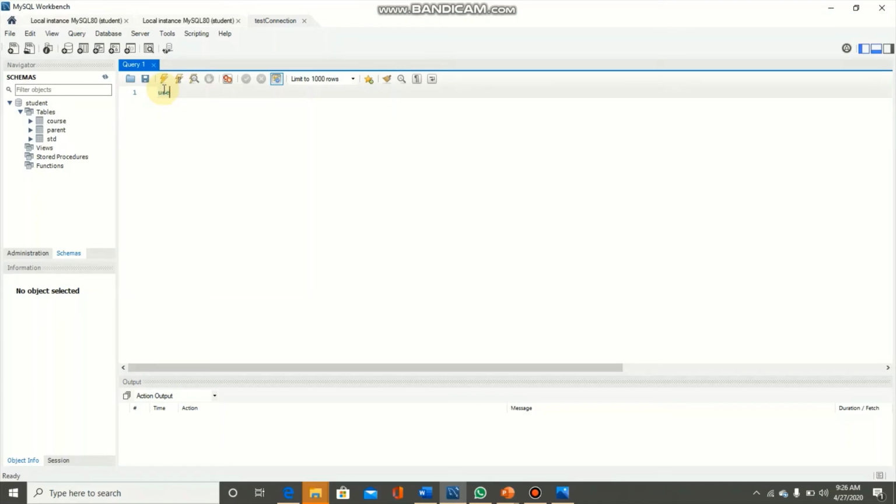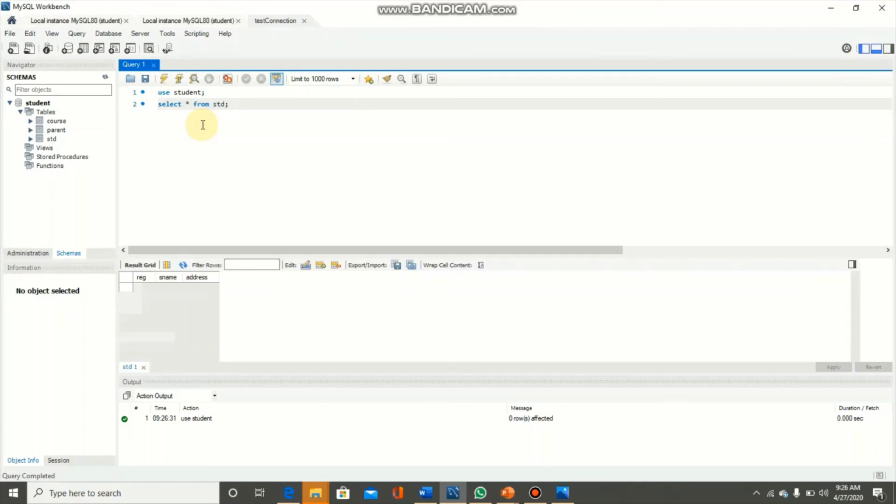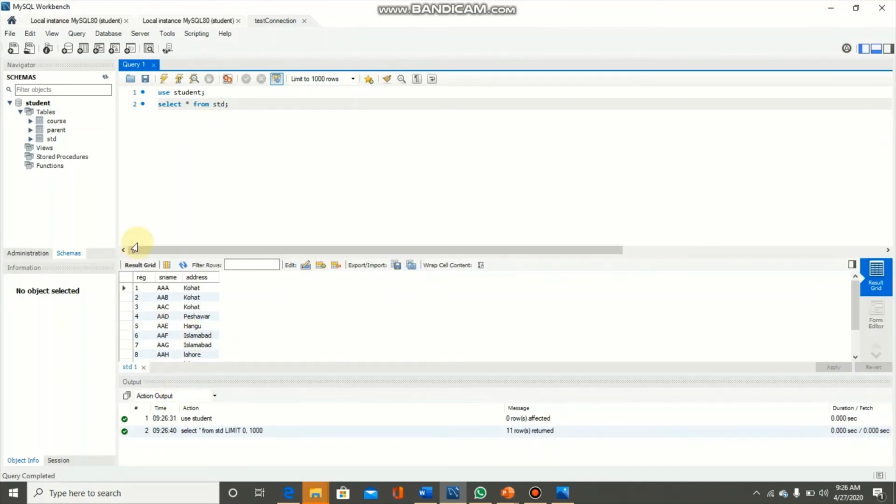So use student, the student database has been selected. Select * from std. It's working. Now we can use the select query on this student database under user1.